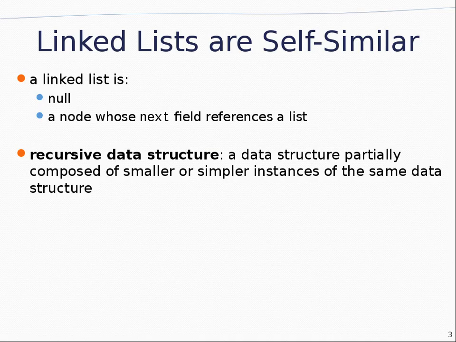So linked lists are self-similar. I'm trying to give you a lot of examples to help you think recursively. That picture may help you because a lot of images are copying down and then you come back up. Another thing that may help is the linked list, which is somewhat recursive. It's either null or a node whose next field references a list of itself. So in a way, it's defined based on its own definition.